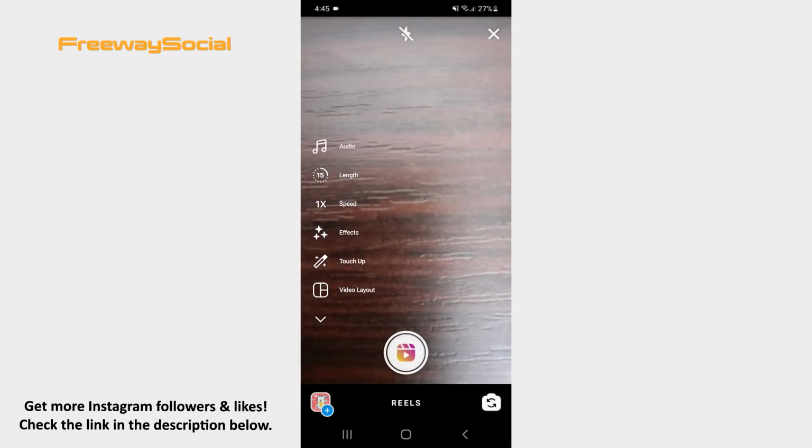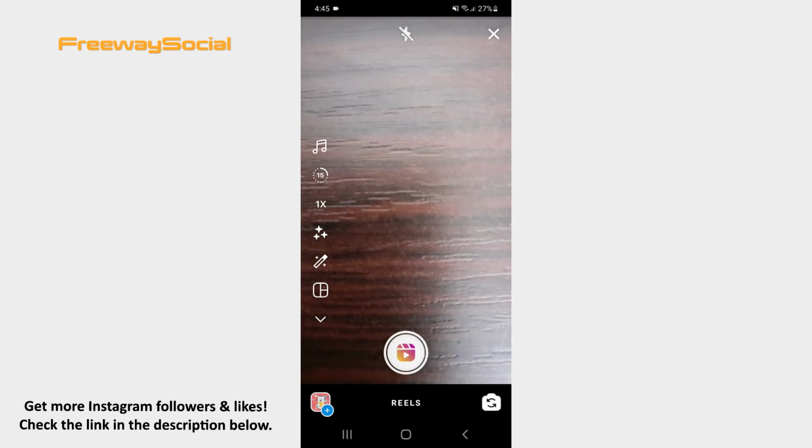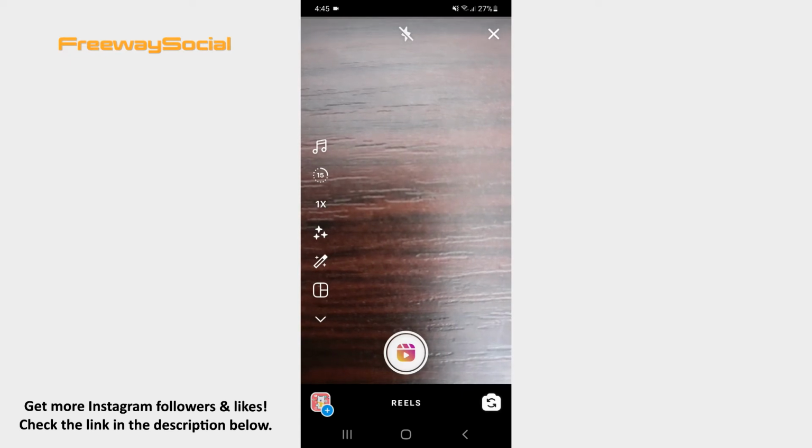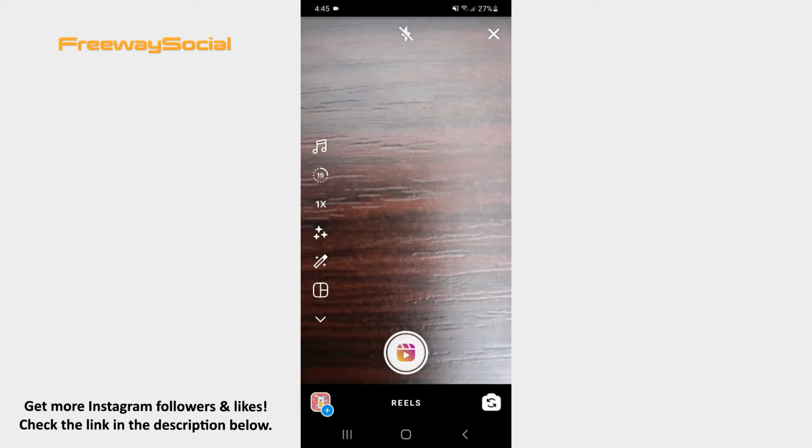As soon as the camera screen opens, you will see the toolbar on the left-hand side of the screen that allows you to add a sound, choose the length and speed of the video, apply effects, use layout feature, set a timer. After that, record the video by tapping the button or upload the one from your camera roll by pressing on the icon in the bottom left corner of the camera screen.